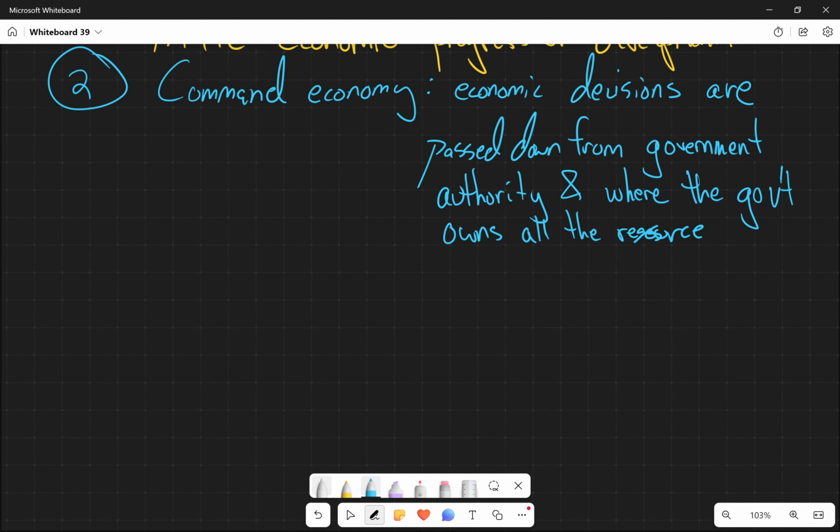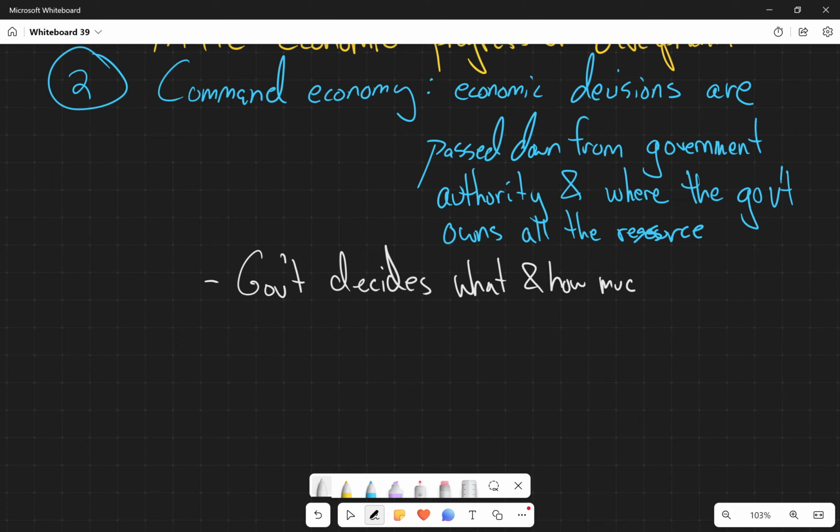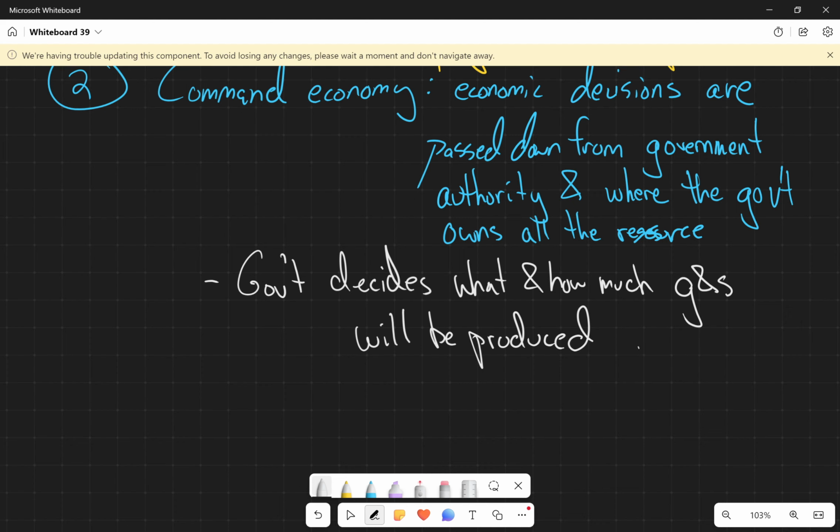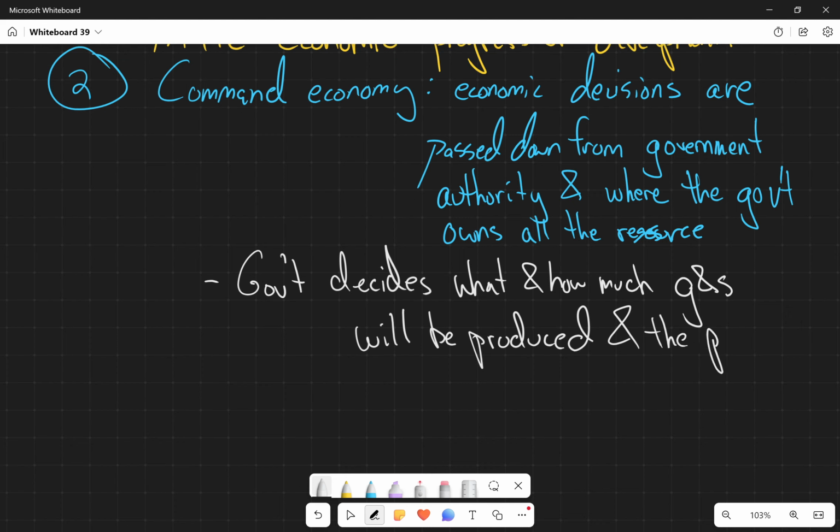So in a command economy, it's not the individual businesses, but the government that decides what and how much goods and services will be produced, as well as the prices.